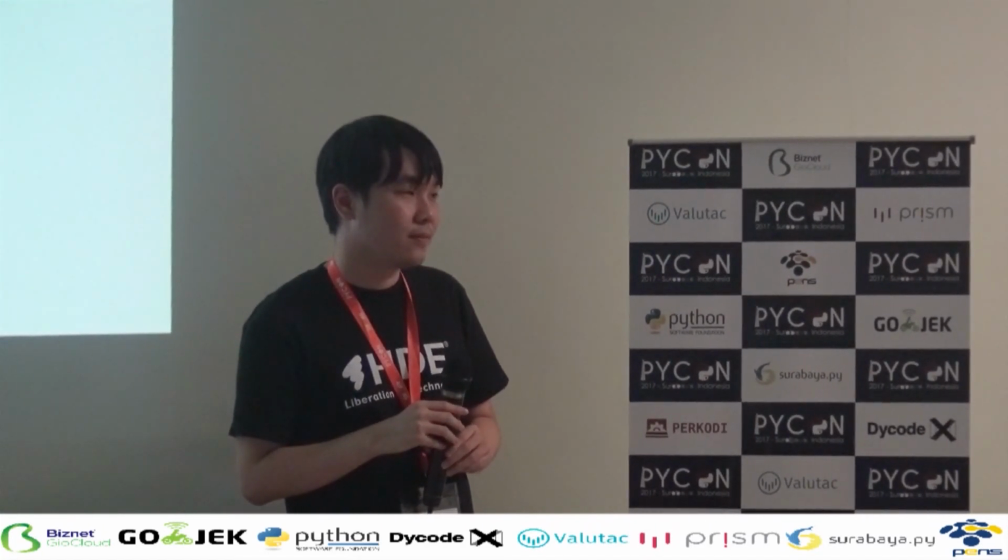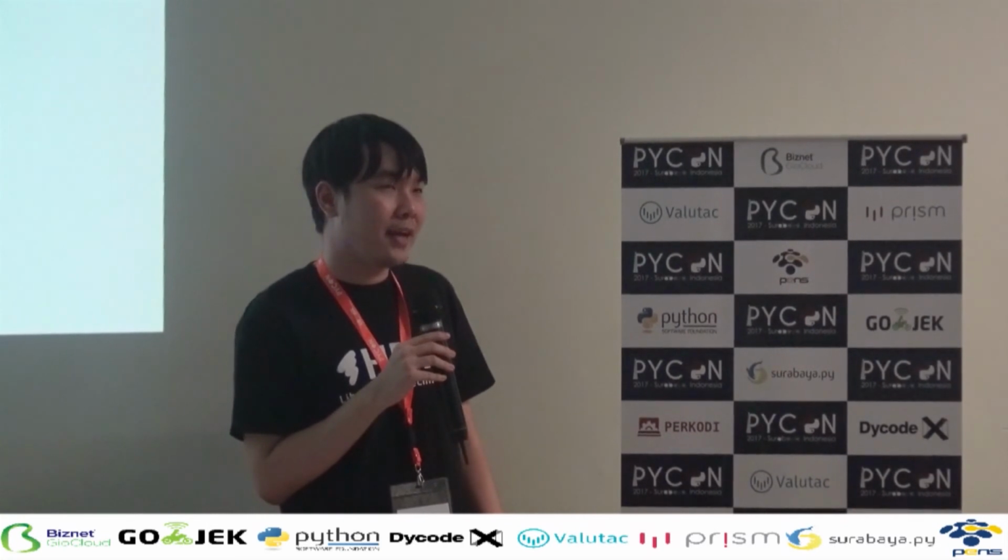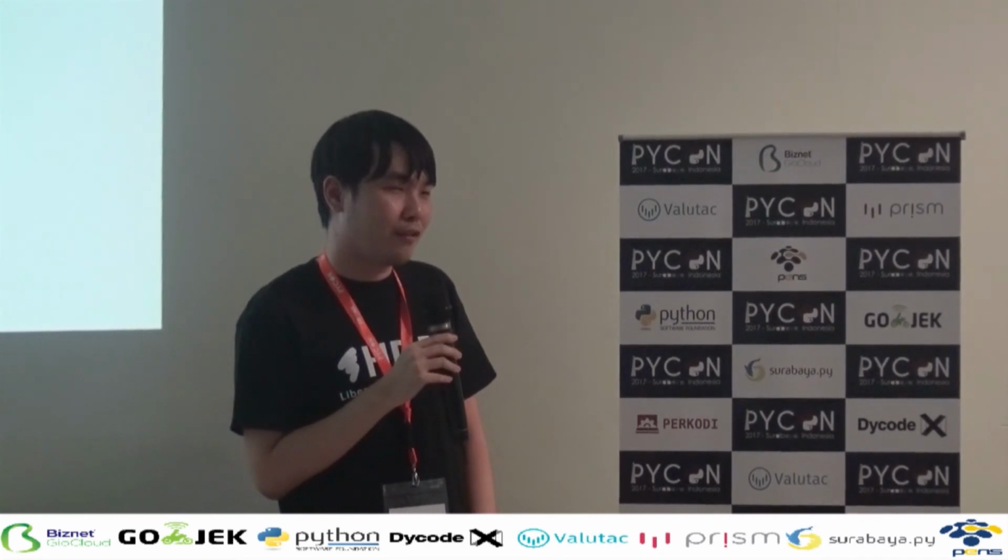And I actually do this project for fun, so I don't actually have enough time to compare all of those models. Do you have any suggestions? Which library is the best if you want to build our own model? If you are a beginner, I suggest you to try TensorFlow. But if you are already an expert, you can use other like Keras or Theano or other libraries. Because for me, the documentation of TensorFlow is good. They have a good documentation, like step by step, how you can install it, how you can run it.